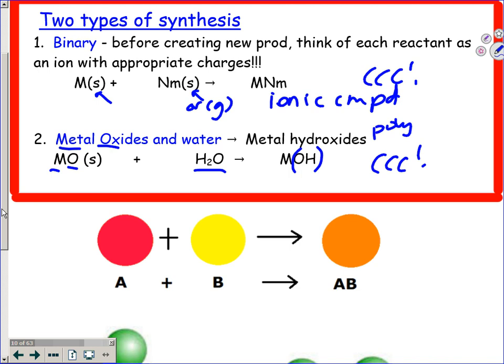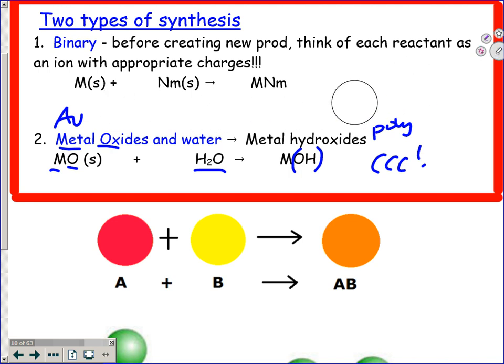So let's do, what's your favorite metal, Cole? Aluminum? Okay, I'll use aluminum in a second. Jacob, what's your favorite metal? Gold. Okay, I'm going to make up a charge for gold. So Au is gold, right? We're going to react that. Grant, what's your favorite non-metal? Hydrogen. Okay, let's do hydrogen. So here's gold, Au,